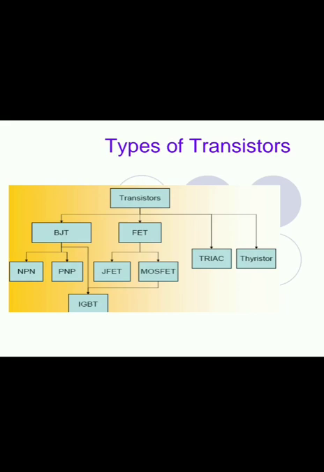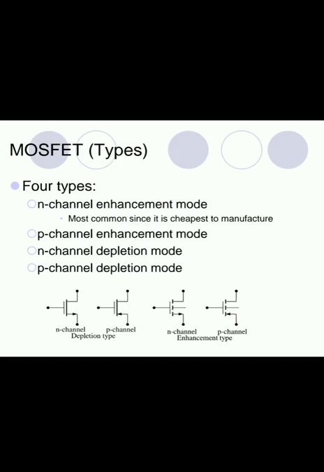depletion. So, if you see here, there you will get other types of transistors also like triac and the thyristor. These are also a type of transistor, but in our syllabus we are supposed to study about BJT and the MOSFET. BJT we have already studied, and MOSFET, in the last session we have seen about the enhancement and